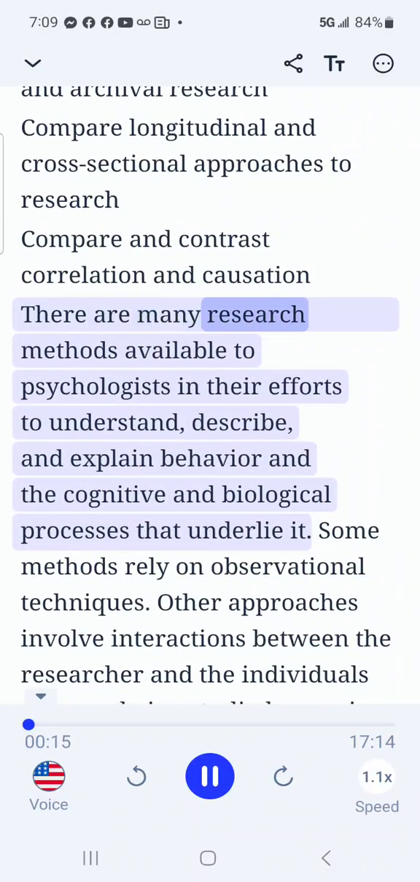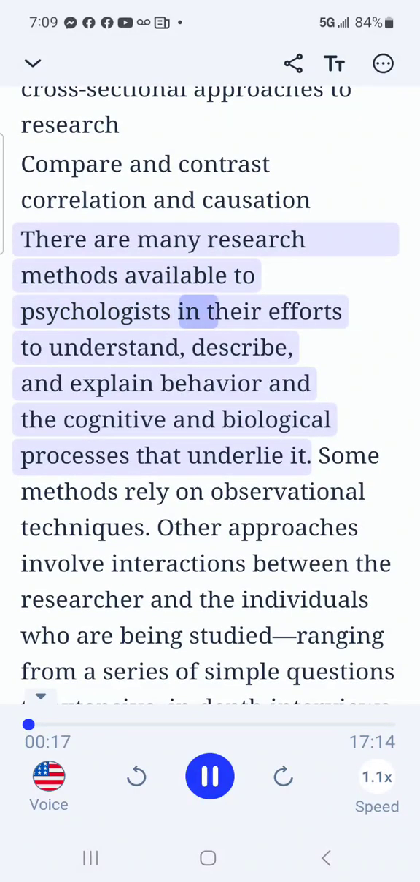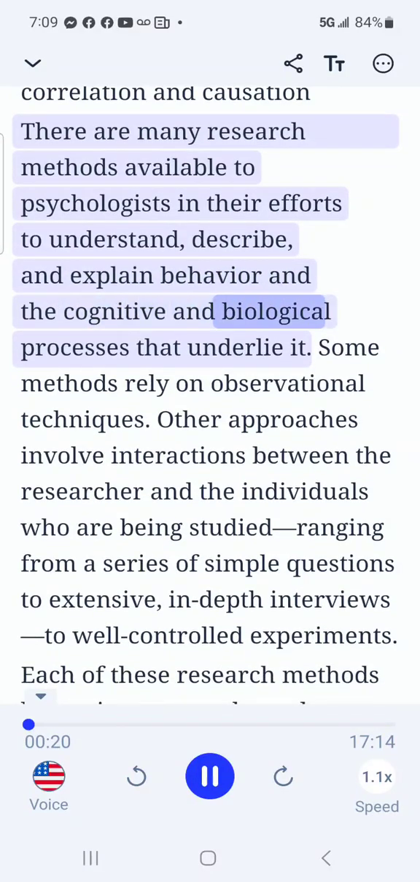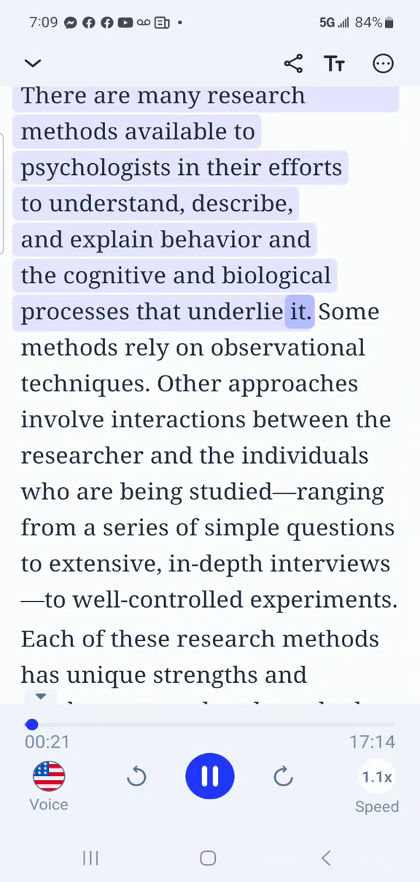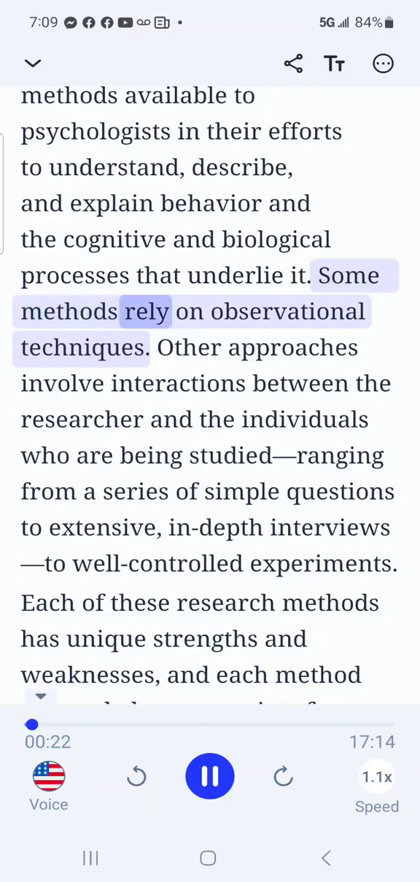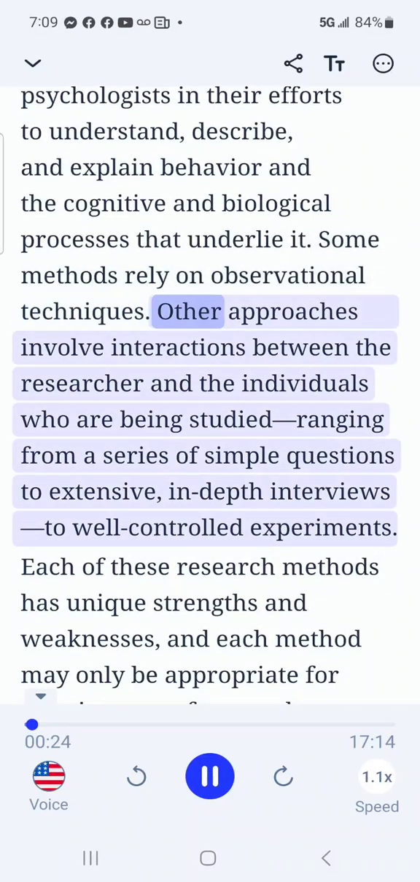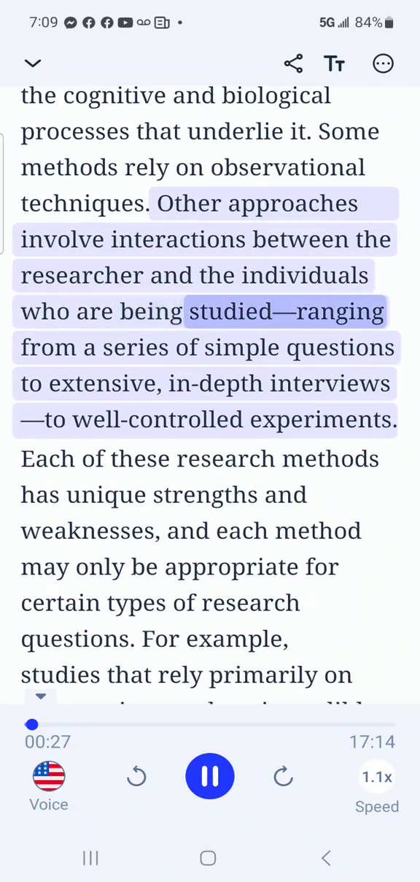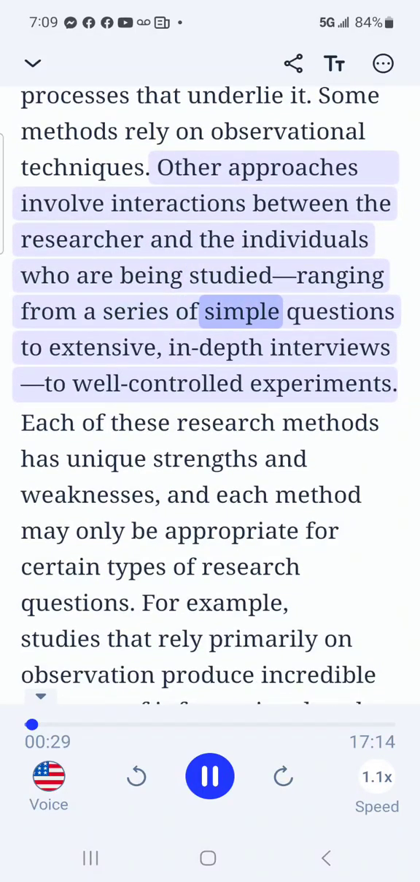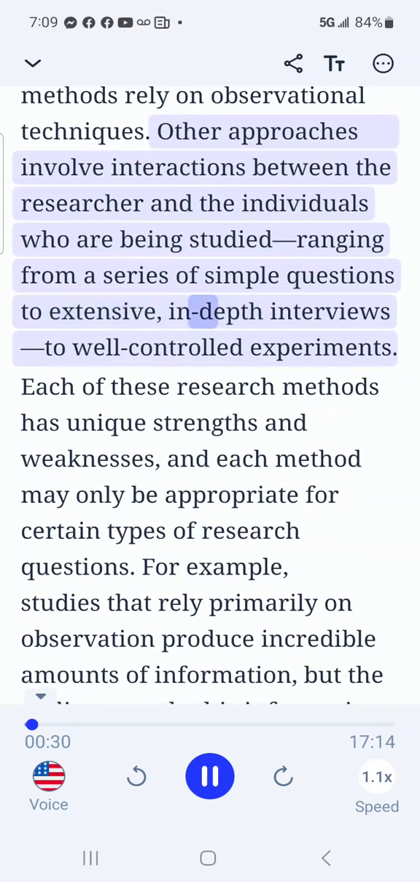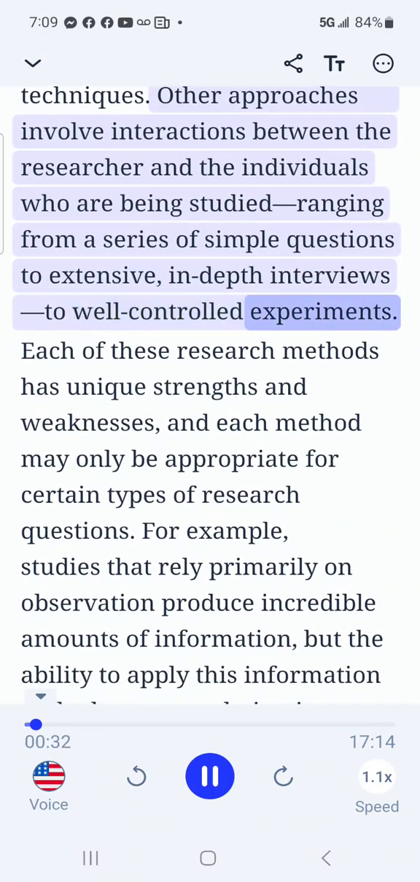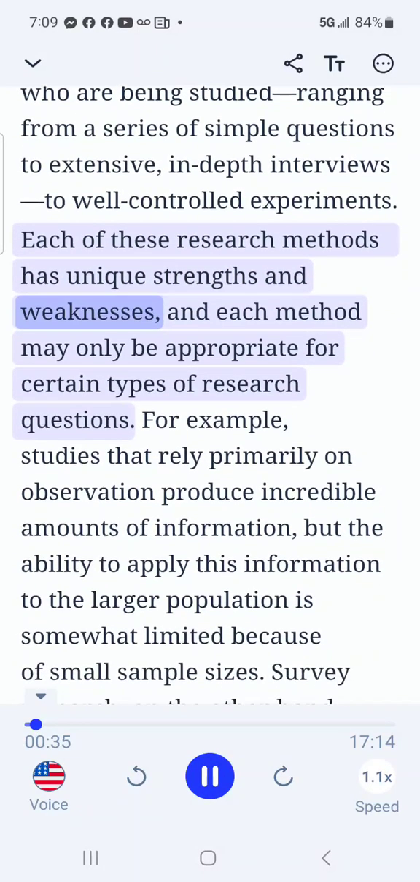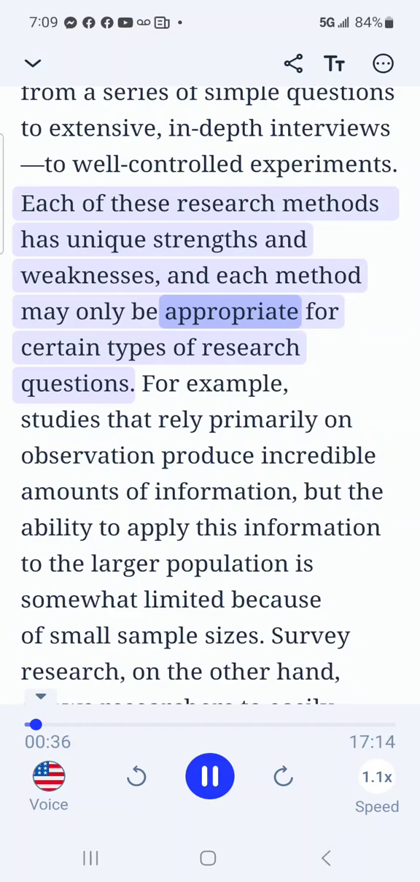There are many research methods available to psychologists in their efforts to understand, describe, and explain behavior and the cognitive and biological processes that underlie it. Some methods rely on observational techniques. Other approaches involve interactions between the researcher and the individuals who are being studied, ranging from a series of simple questions to extensive, in-depth interviews, to well-controlled experiments. Each of these research methods has unique strengths and weaknesses, and each method may only be appropriate for certain types